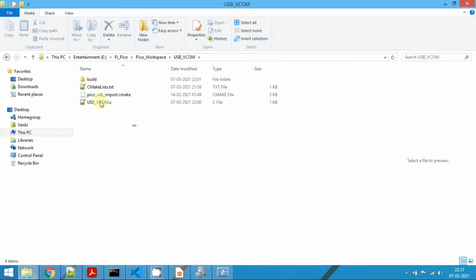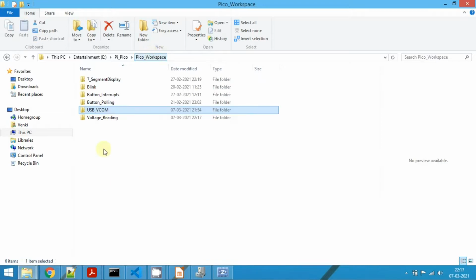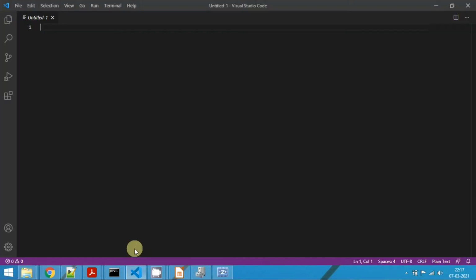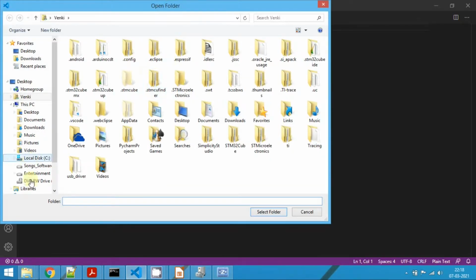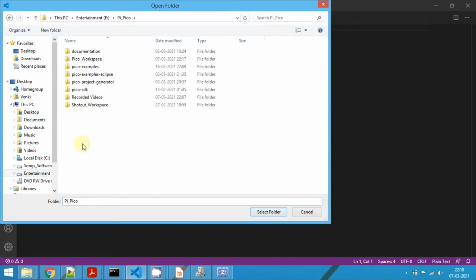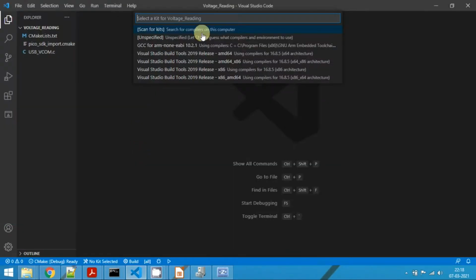We are going to use these 3 files. Click here and copy paste here. Now go to VS Code, go to File, Open Folder, navigate to the workspace, Pi Pico, and click on the voltage reading project. When prompted for the kit selection, select GCC for ARM.